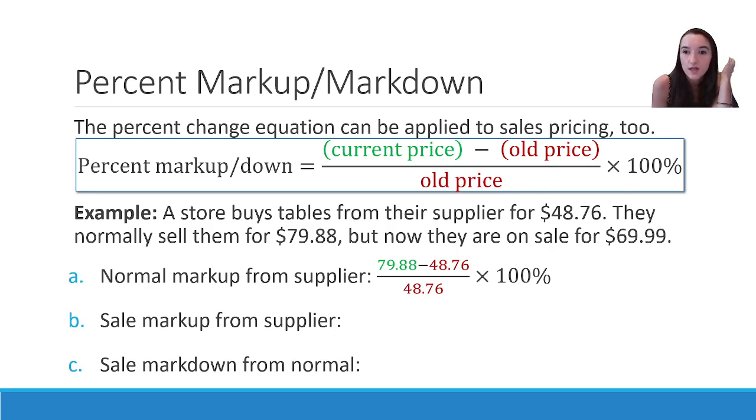So if we start from that $48.76 price, that's our supplier price. How much change has there been to get to the normal price of this table at this store? That's the difference between $79.88 and $48.76. Okay, so $79.88 minus $48.76 is what,